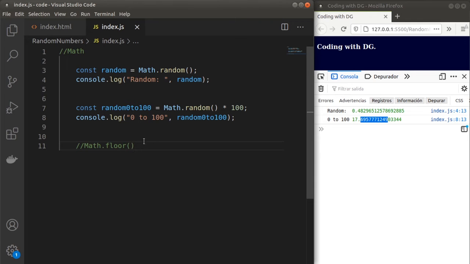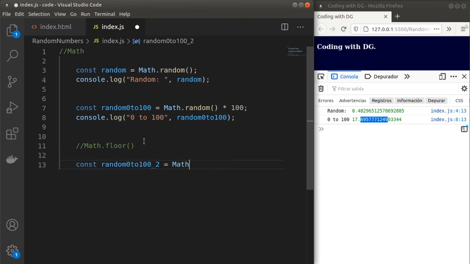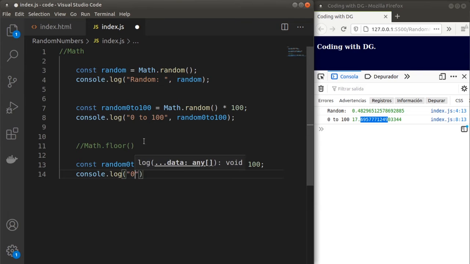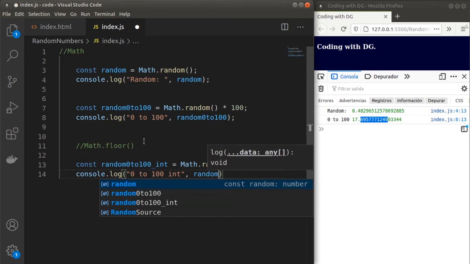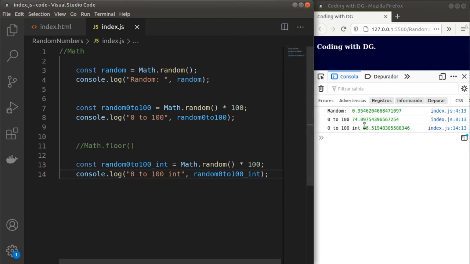We're going to say, for example, const random 0 to 100 integer equals Math.random times 100, as we know, console.log random 0 to 100 int. And if we just log it and save it, here we have it, but it is not